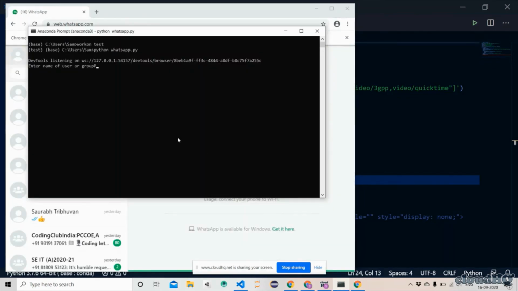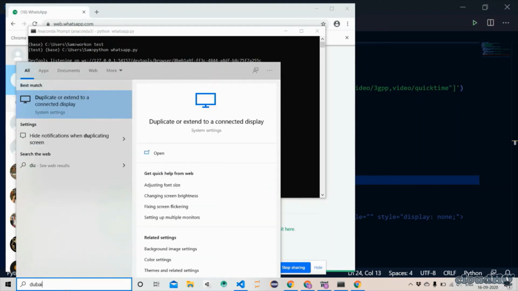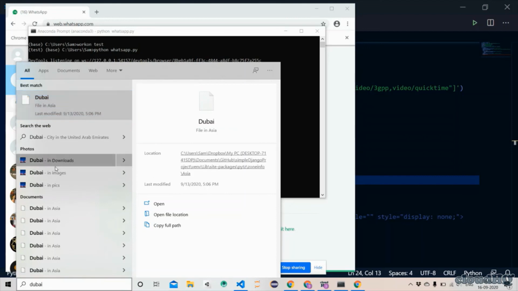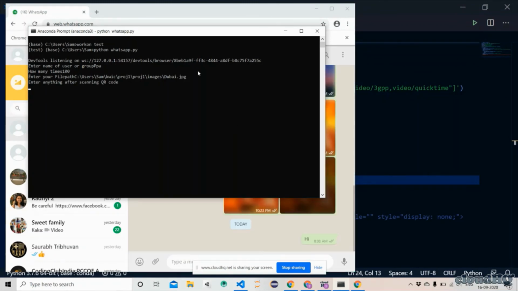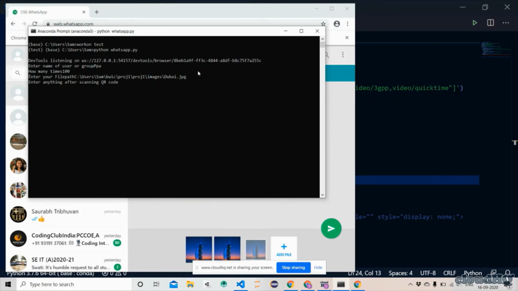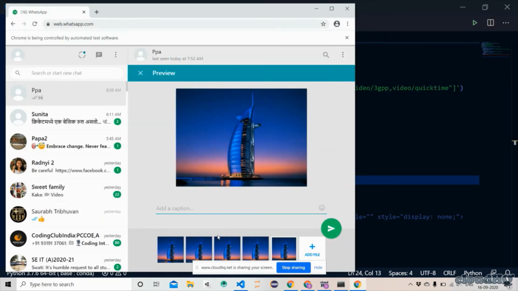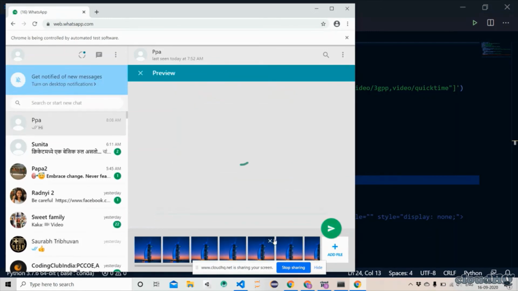And I specify the user here, and 100 times, and I will write the file path. I want to send the image. I scan the QR code. Look, now the process is getting initiated. Now these first 25 images would be sent.